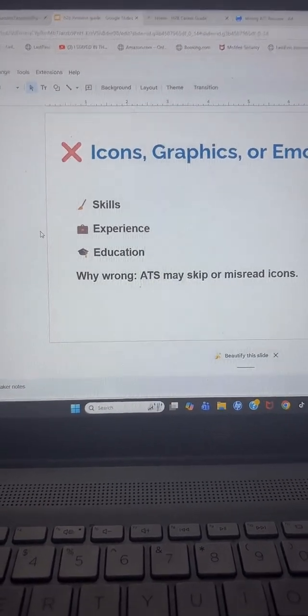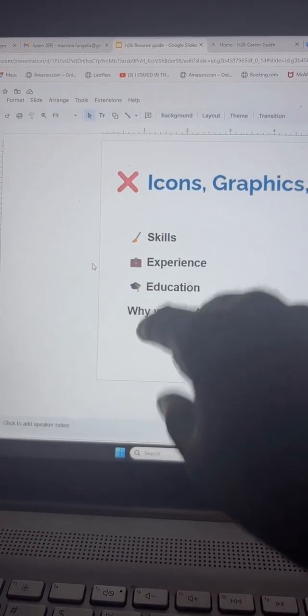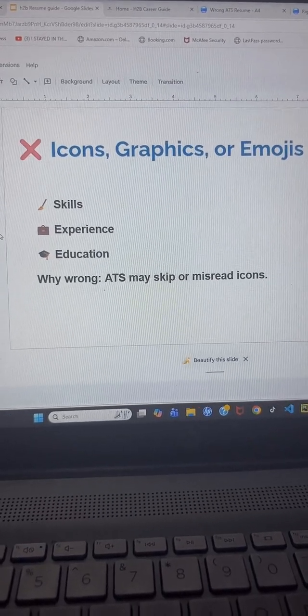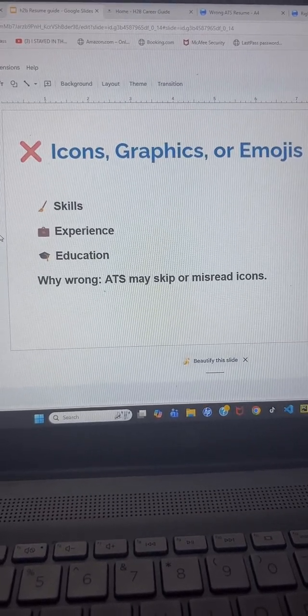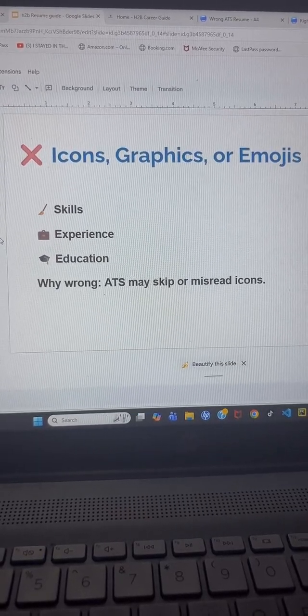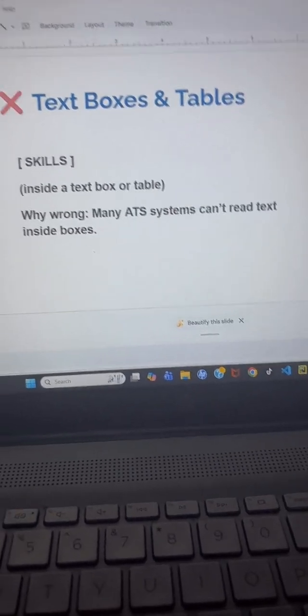So when you list your skills, ensure that you're not using any pictures like this. Don't put any emojis on your resume.